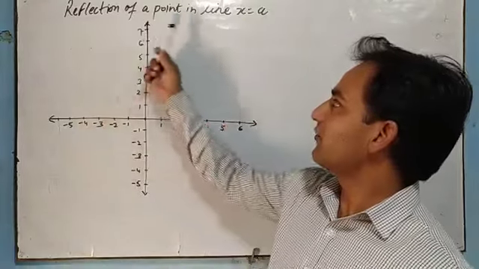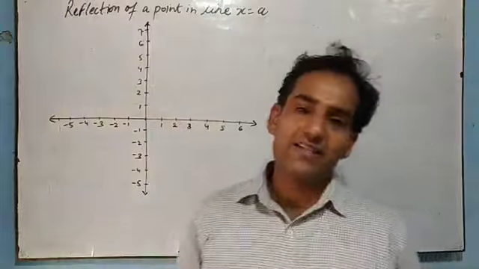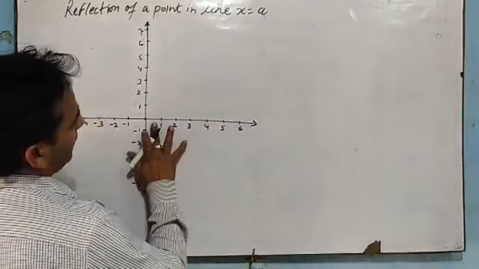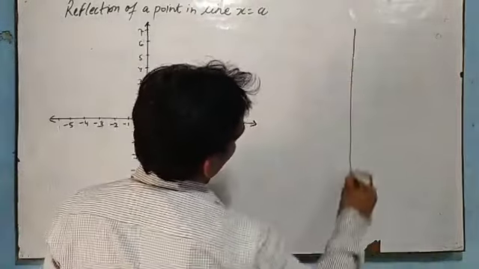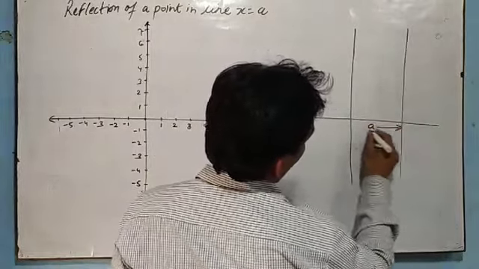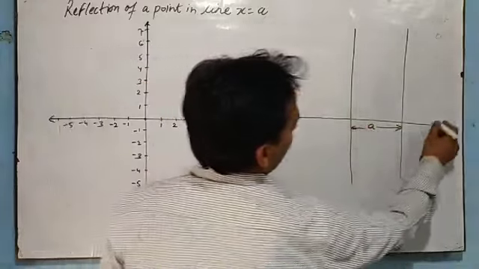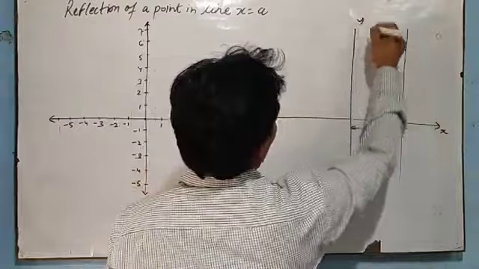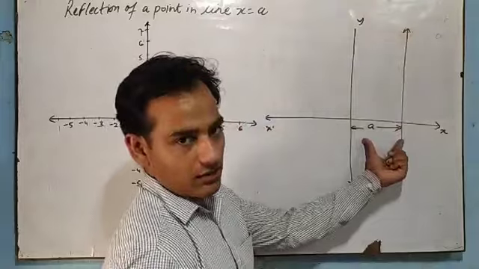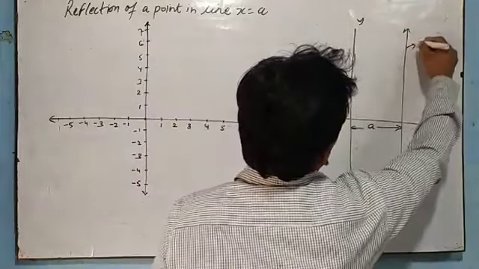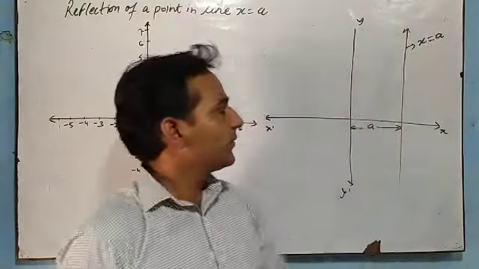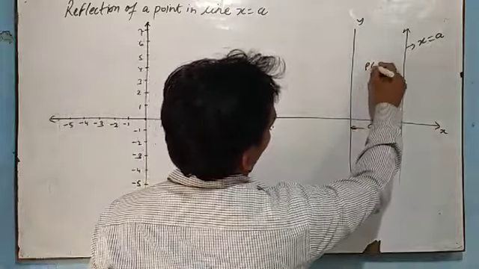Topic: reflection of a point in the line x is equal to a. What is the meaning of x is equal to a? Listen carefully. If we have a line which is a unit far from the y-axis, if this distance is a, then this line will be x is equal to a. If this line is x is equal to a and we have a point P, x comma y,